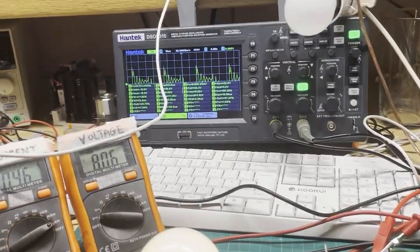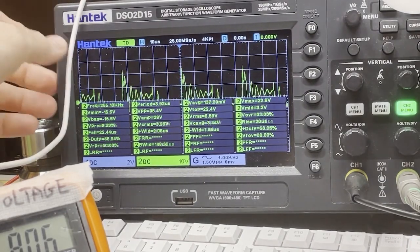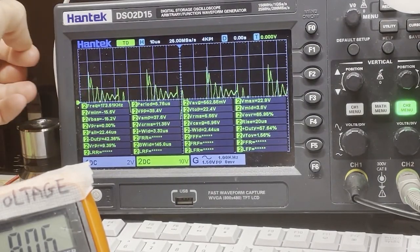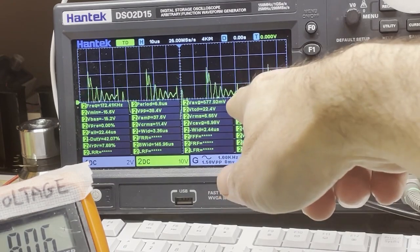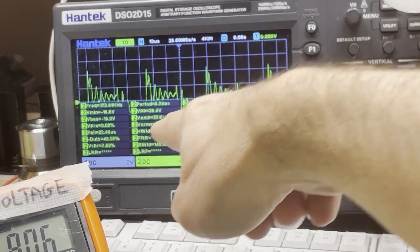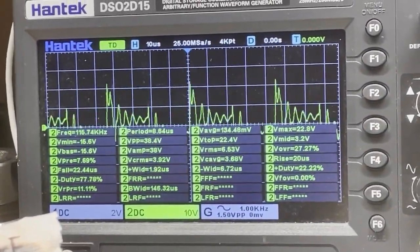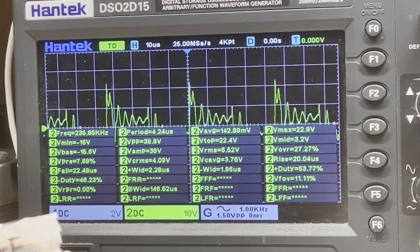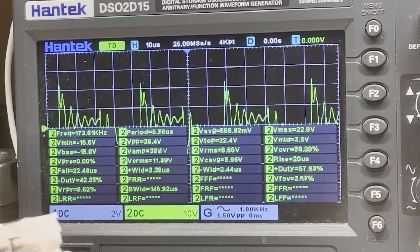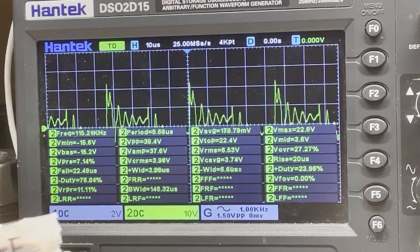I'll show you a shot of the oscilloscope just to give you an idea. So we've got the signal is ringing a lot. There's lots of ringing in there, and we've got a minimum voltage of minus 16 volts, a min voltage of minus 15 volts, and max voltage of 22 volts. So we can see that we've got a negative cycle and a positive cycle. And we've got a slightly higher positive cycle. And the volt peak to peak is 38 volts